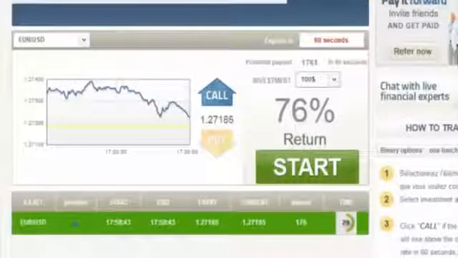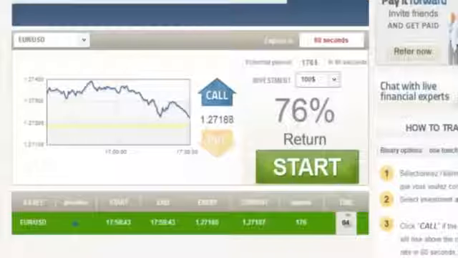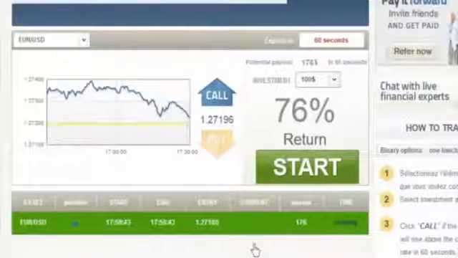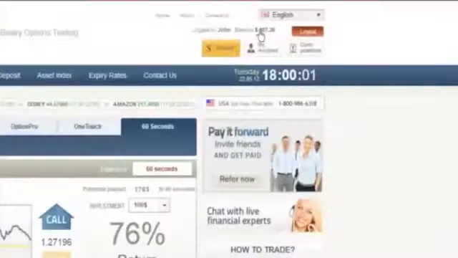Now, my potential payout on this is $176. So, if I have chosen correctly, which I did, a call, I selected that this was going to go up, then that means that I'm going to add to my balance another $176. So here we are. We're at countdown to 10 seconds, and we're still in the green. So it's looking good. And let's just see how this plays out here. And good. So at the expiration of that option in 60 seconds, this one actually was a win. So my entry point was 1.27180, and it ended up higher at 1.27188. So I got a $176 payout, and now I'm at